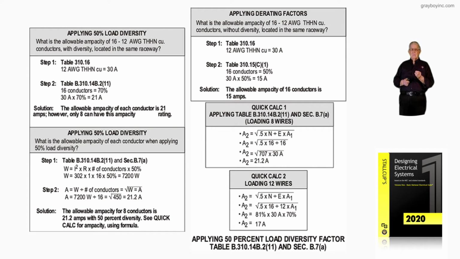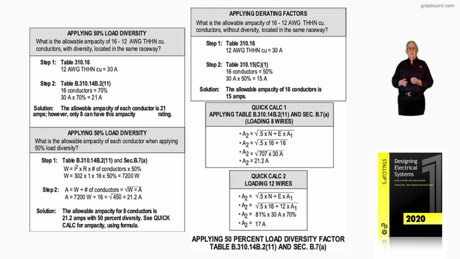81% times 30 amps times 70%, and the new ampacity is 17. What's the next size overcurrent device above 17? 20. But you can only load the ampacity to 17 amps. And you'd say, well, I don't trust that. Then you'd have to use the next size conductor, which is number 10, where you could get a full 20